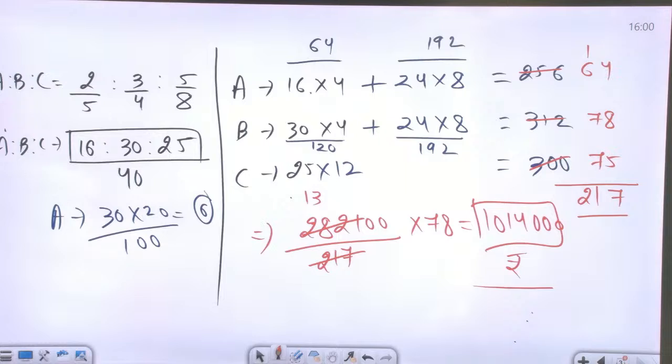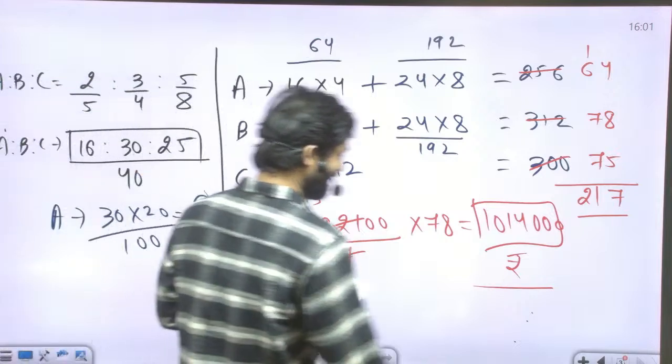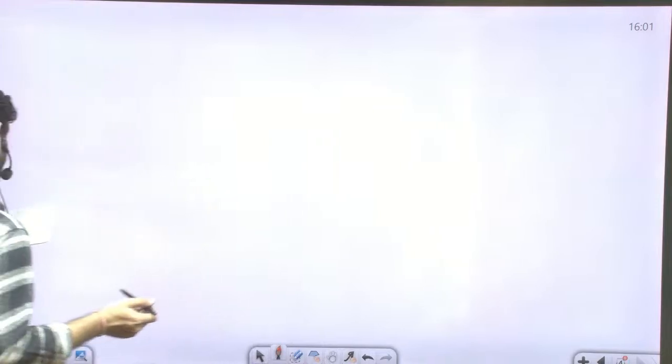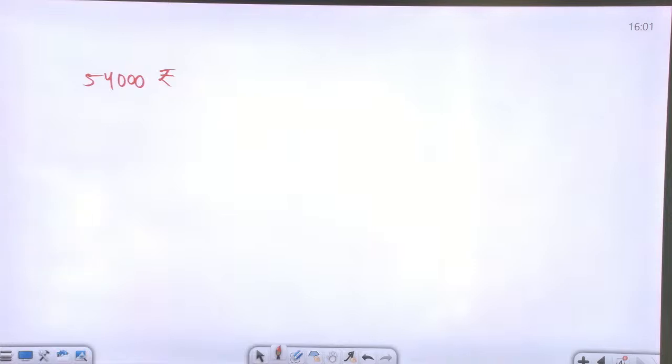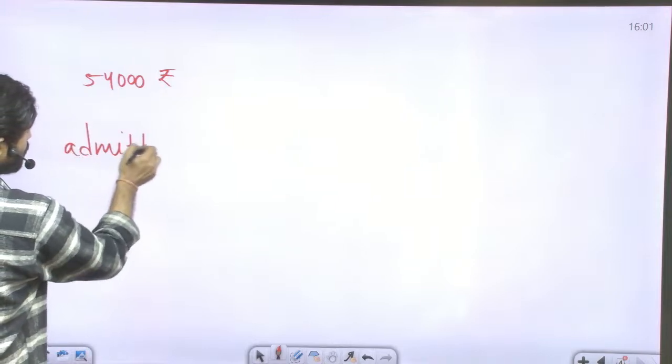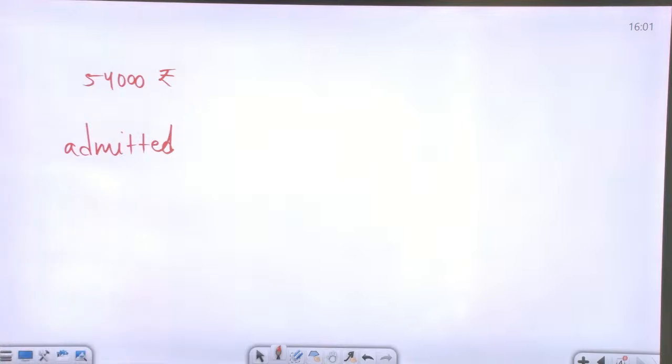A started a business with a capital of 54,000 rupee, and admitted B and C after 4 months and 6 months respectively. Full stop. At the end of the year,